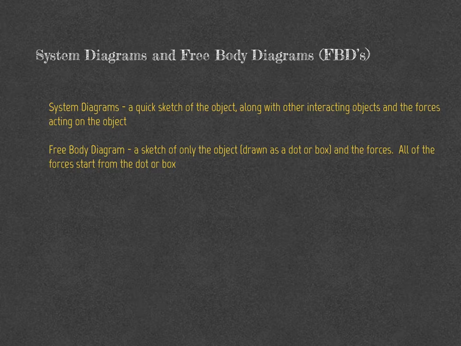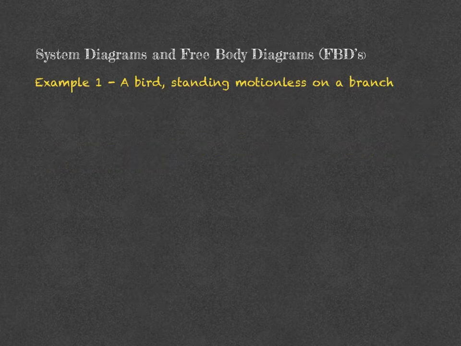So let's look at some examples on how to do these. And it does just take practice on drawing both the system diagrams and the free body diagrams, and they get easier with more practice. In our first example, we're going to look at a bird that's standing on a branch,